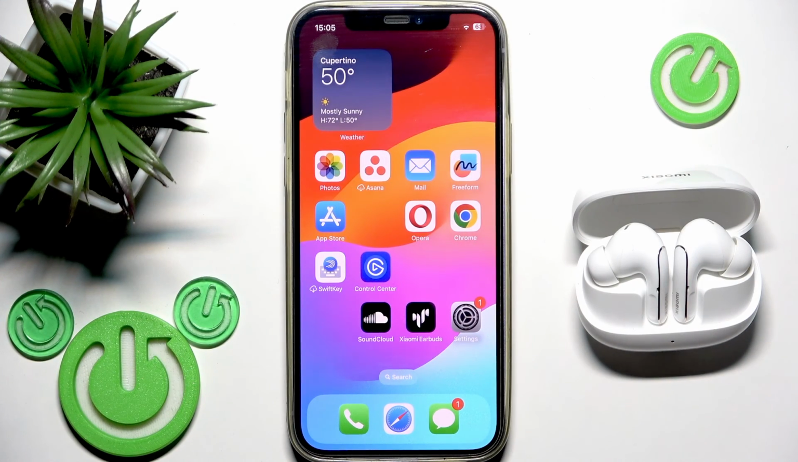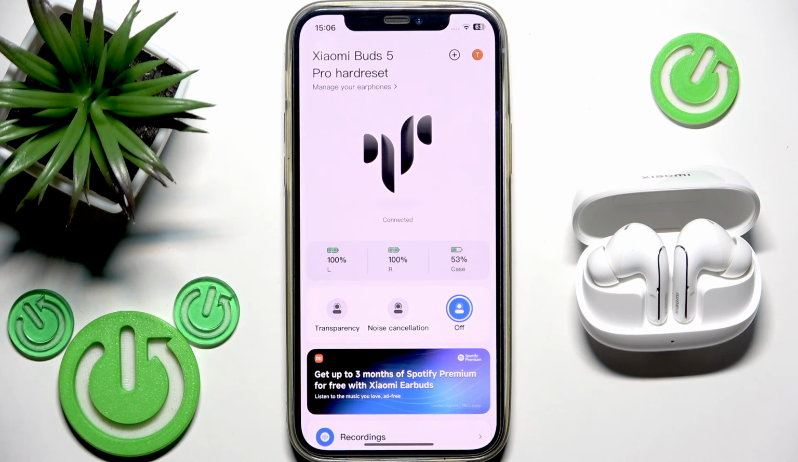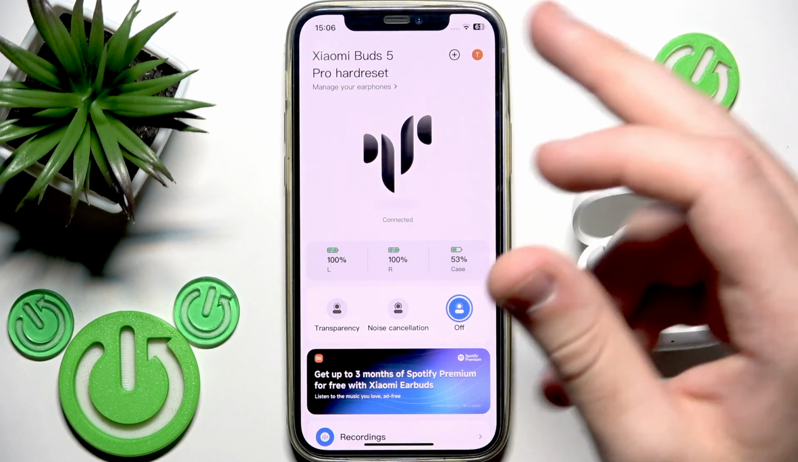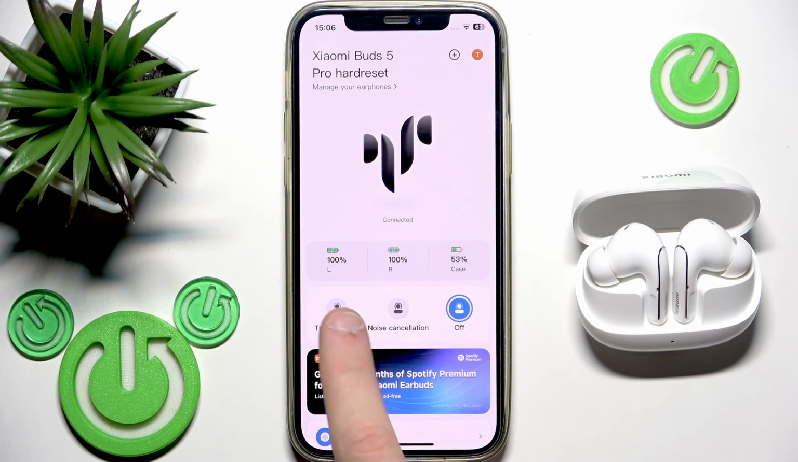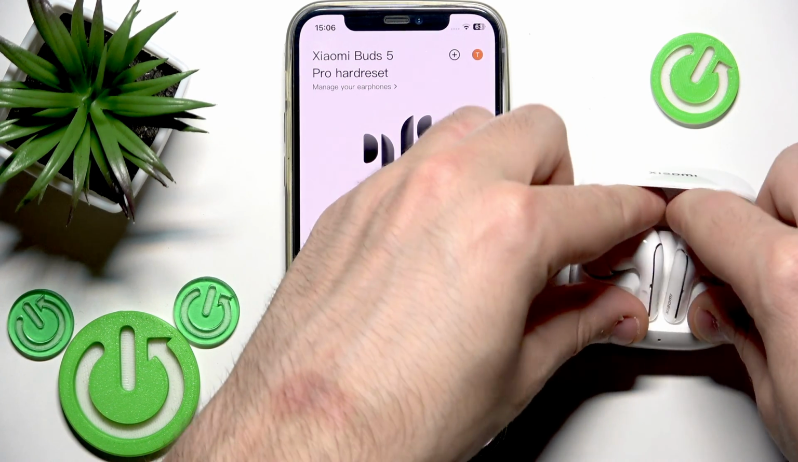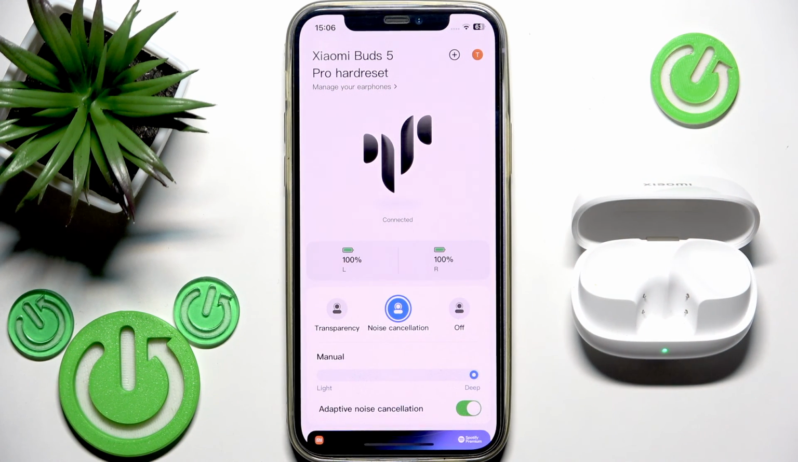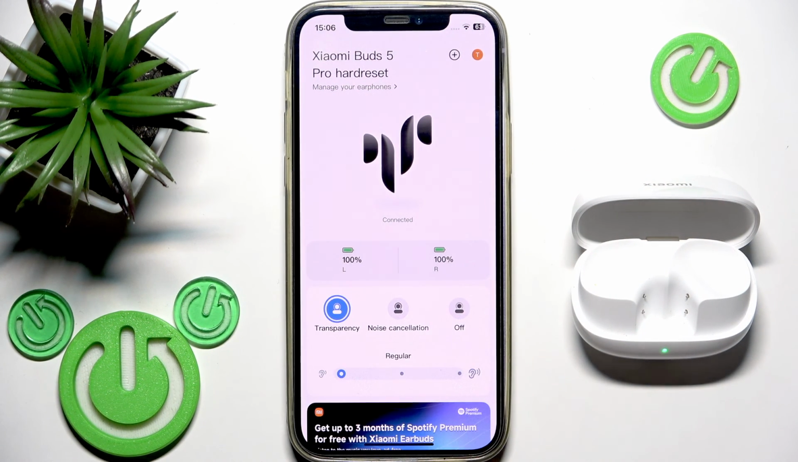You have to start by opening the XIAOMI Earbuds application, because without the application you cannot manage transparency mode. So press on it, and if you add your earbuds to the application you will see the same menu. And right here we have ambient sound control, but we cannot enable ANC because we need to put these earbuds to the ears. And now tap at the ANC, or maybe you have it already selected, and right here we